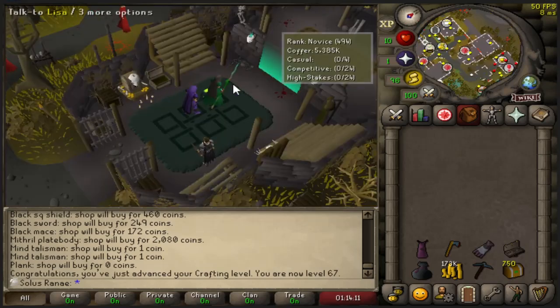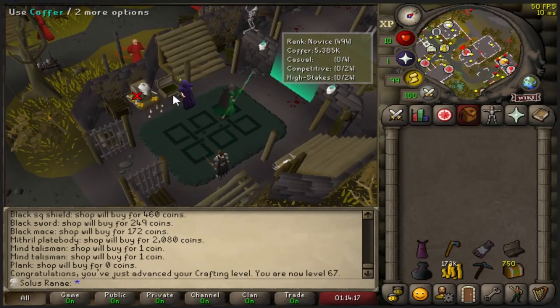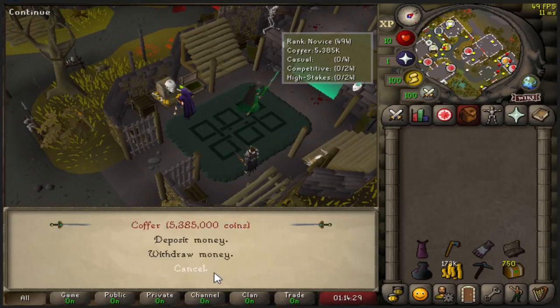Okay, so we are here at LMS. We can see at the top right we have 5.3 million in there. So let's open it up. Okay, so we've got 5.3 million. I am going to take out...